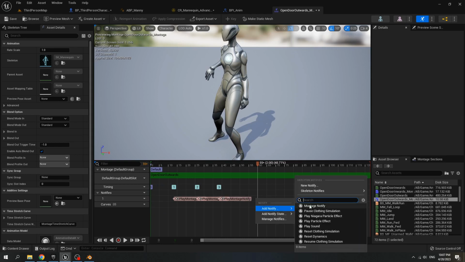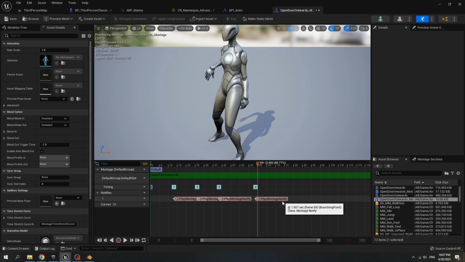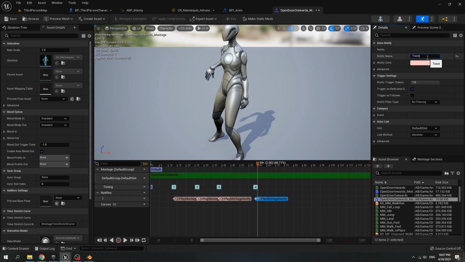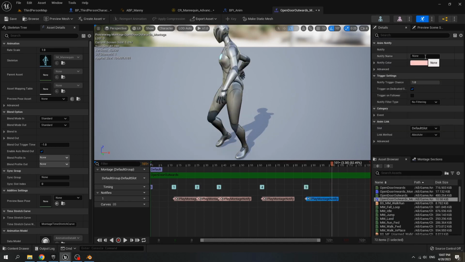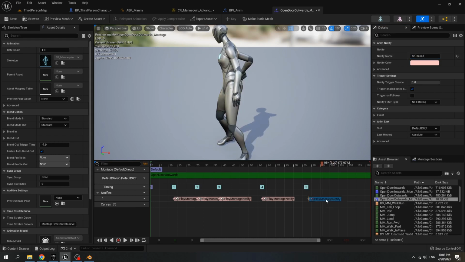Add notify, montage notify. Notify name is trace 2. The frame is 32 frame. And then add notify. The name is end trace 2. The frame is 95 frame.